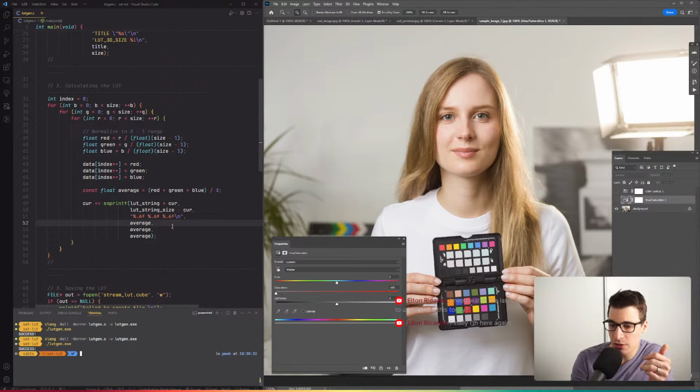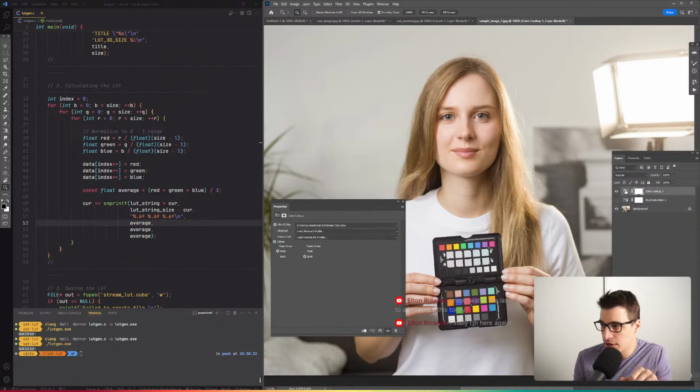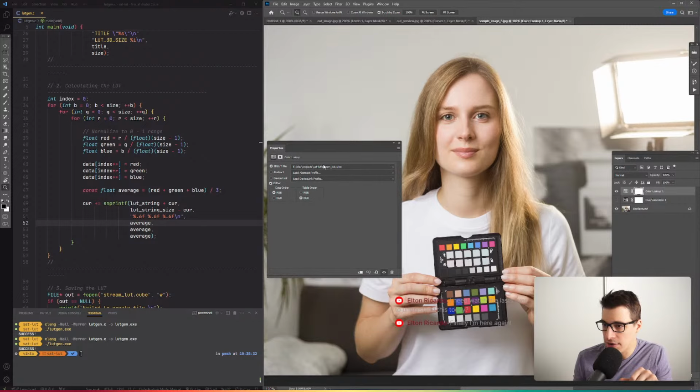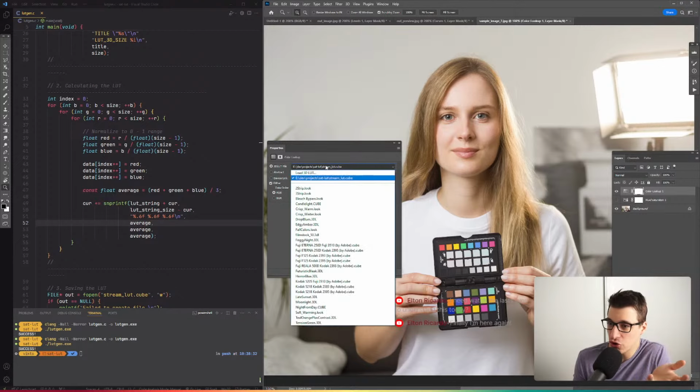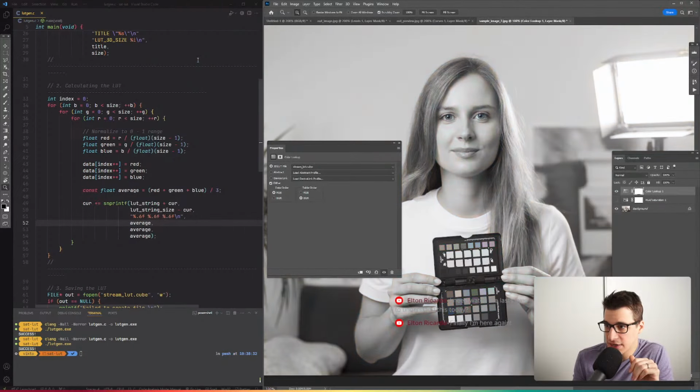I'm rerunning the program. And now, if I go into my color lookup, which is now turned on, double click, and if I reload the same LUT, hopefully we'll see a black and white image. Fingers crossed. So let me just go into load again. Let me select it. And look at that. We have a black and white image. So all we did, and this is completely the LUT that we created inside like a